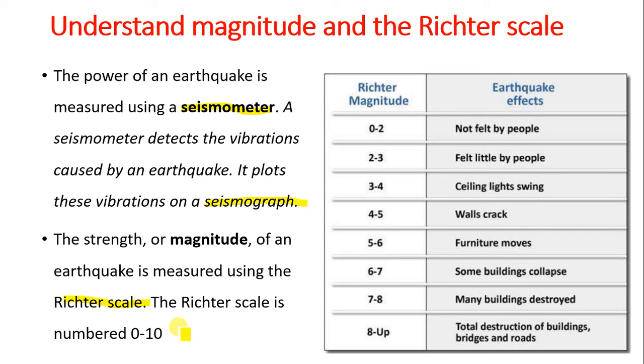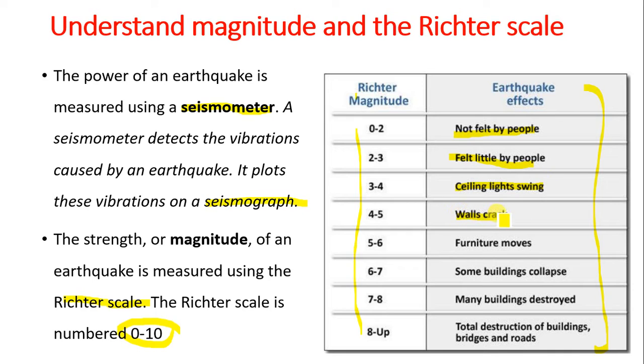Now, the Richter scale is numbered from 0 to 10. So looking at the magnitude of an earthquake from 0 to 8 and up, you'll find out that the effect of the earthquake differs. Now, 0 to 2 is usually not felt by people, 2 to 3 felt little by people, 3 to 4 ceiling light begins to swing,